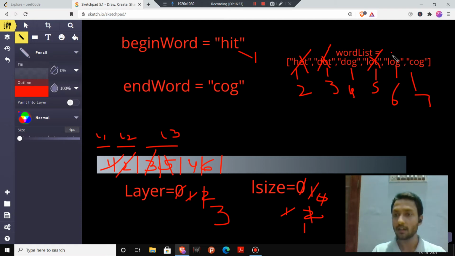Now we also remove this word log from our word list. Dog was also removed earlier. Now our layer 3 is fully processed, and we can see that our layer size has now become 2, and we are at level 4 now.